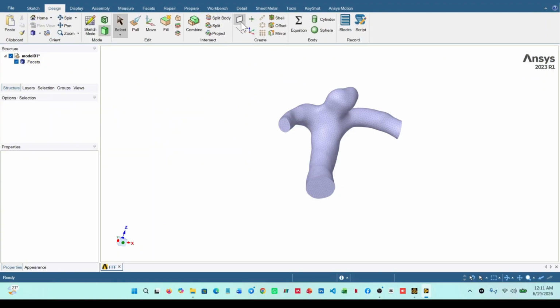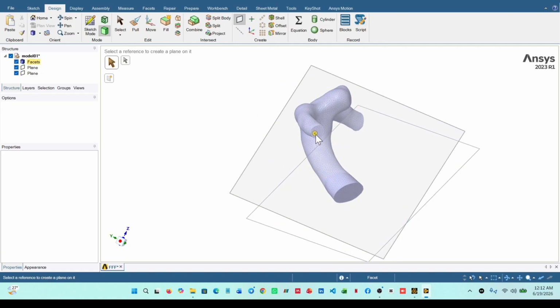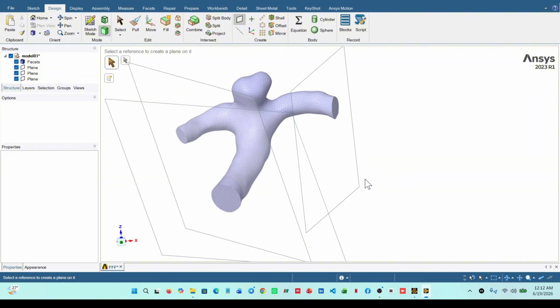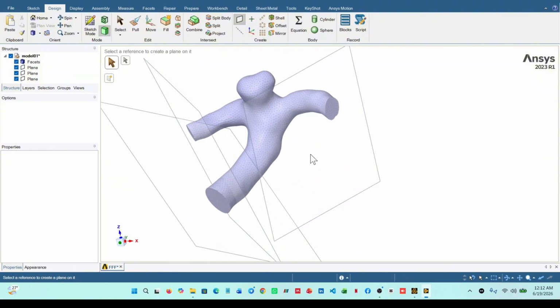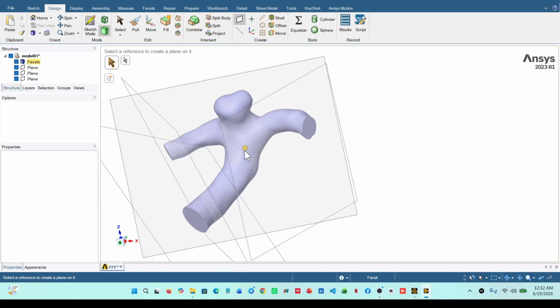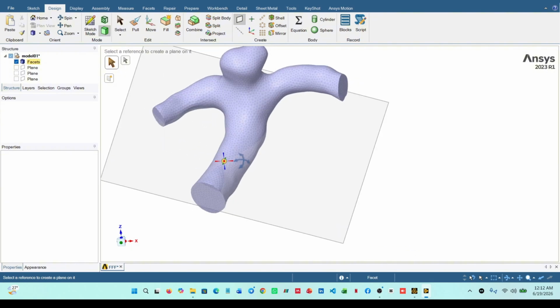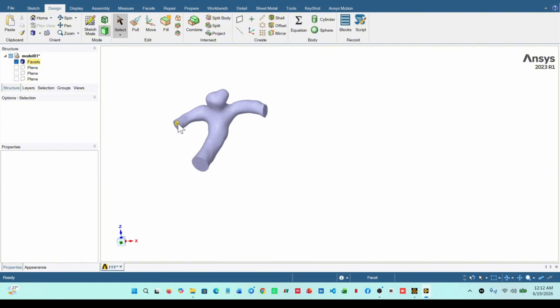Now I will take 3 planes on the inlet and outlet sections of the artery. So this plane will be required for further smoothing of the inlet and outlet sections. Now I am just hiding these planes, and if I just show you,